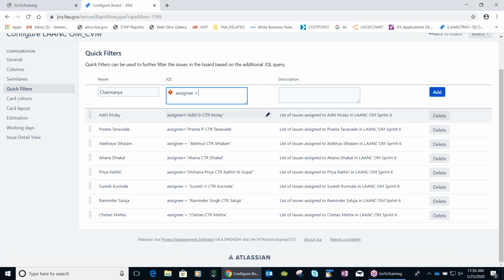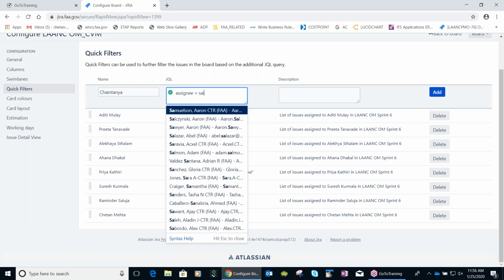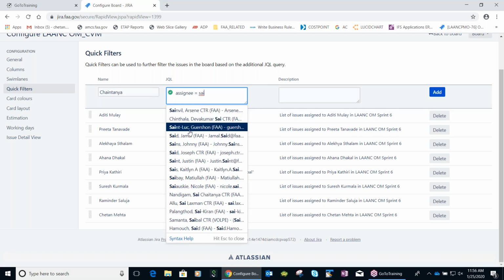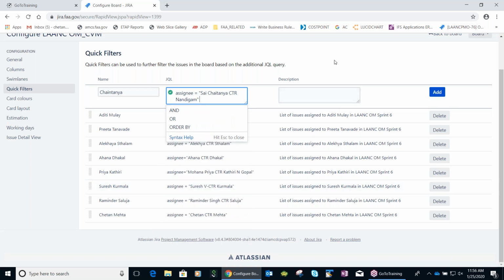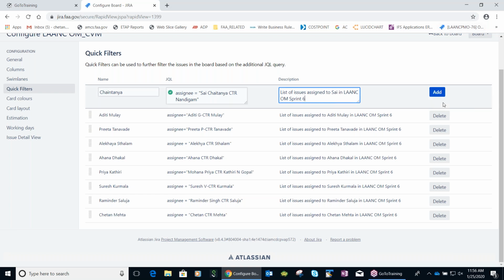Assignee is equal to Sai Chaitanya. Yeah, this guy. List of issues assigned to Sai in sprint 6.